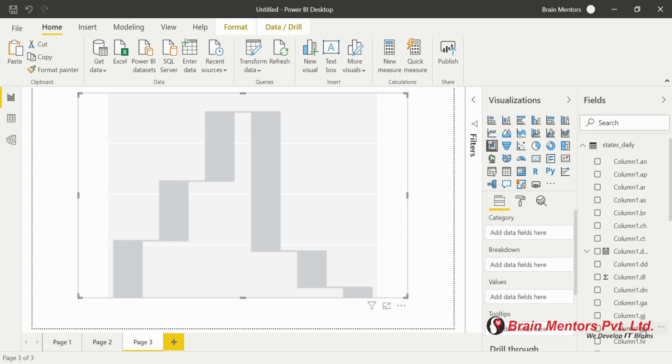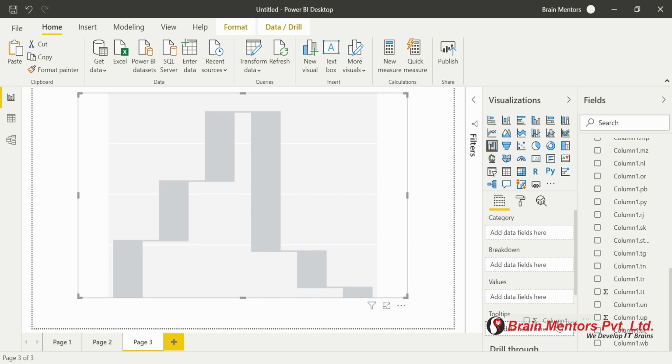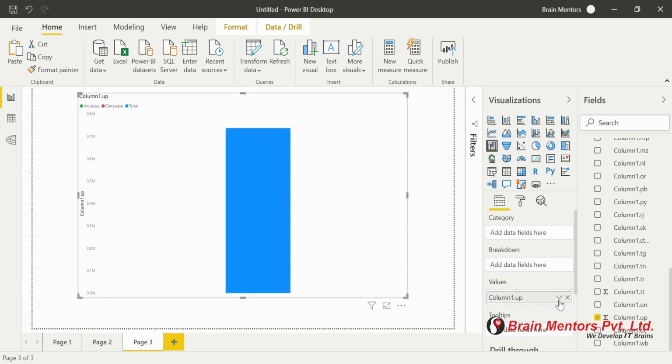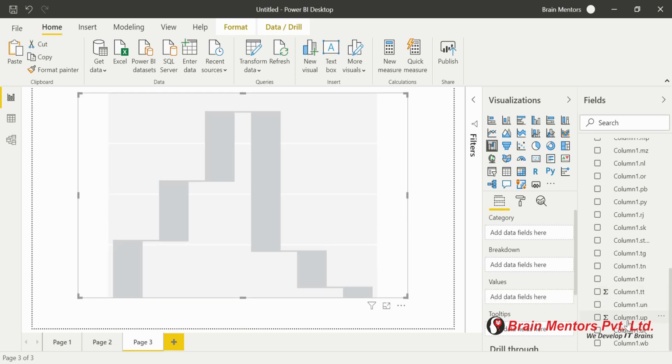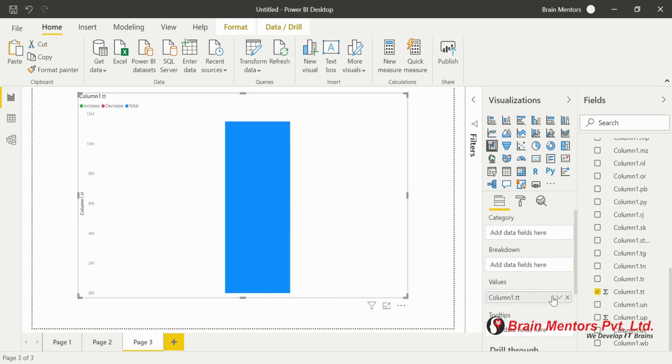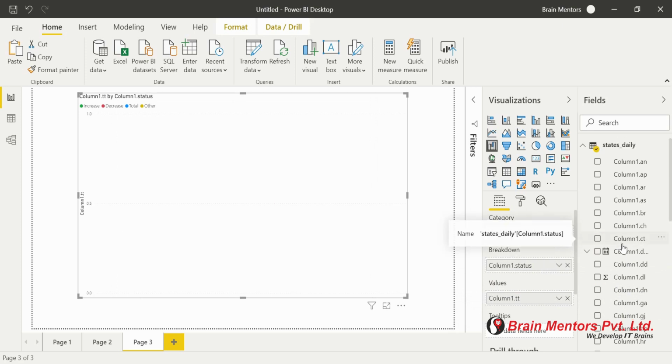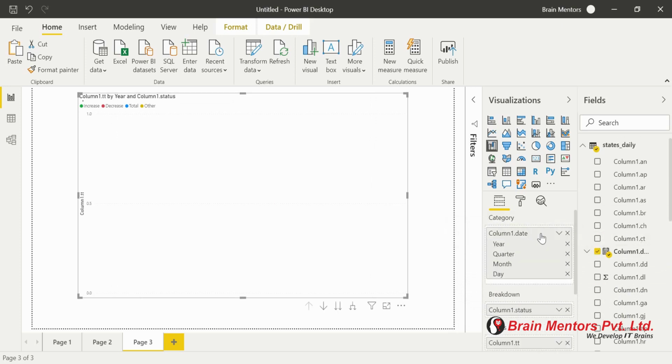So let's pick the value of any of the states, UP, Delhi, Maharashtra. Let's pick the total, then the status in the breakdown, and finally the date in category.